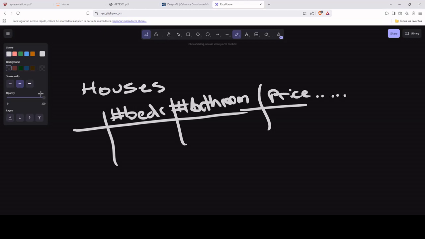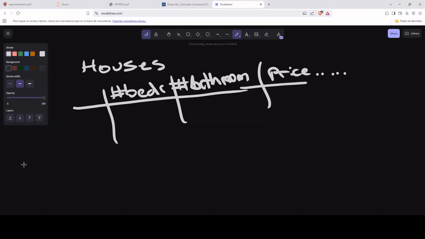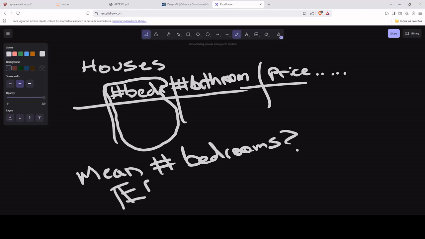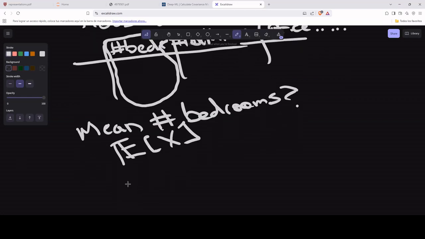We can do a lot of things with this data set, but let's first think about what we could do if we're trying to understand the data set itself. One of the first things you would do is look at each column independently and try to say something about it. So for example, if you're looking only at the column of the number of bedrooms, you could ask, what is the mean number of bedrooms? And you can calculate the sample mean, which is just a specific case of the expected value. So if X were the number of bedrooms, the expected value of X would be what this mean represents. Another question that you could ask is how dispersed